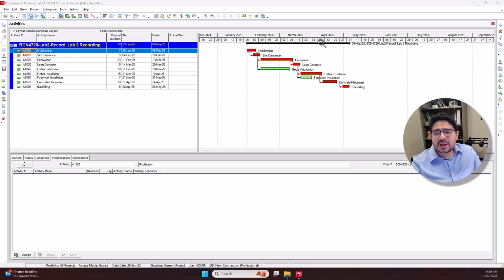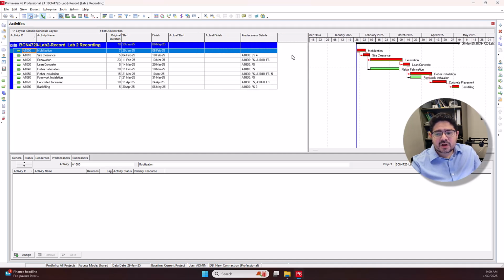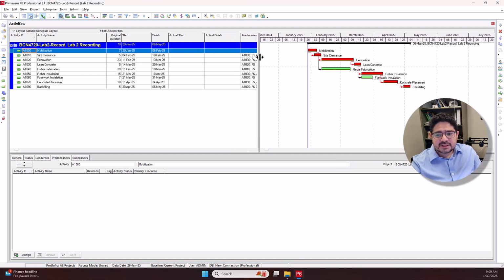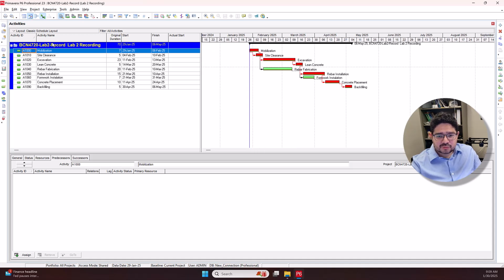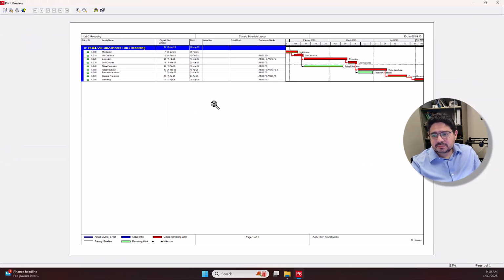So by default you have your Gantt chart and your columns as defined when you are doing the schedule. Now you go to File, then Print Preview. Right now, this is actually